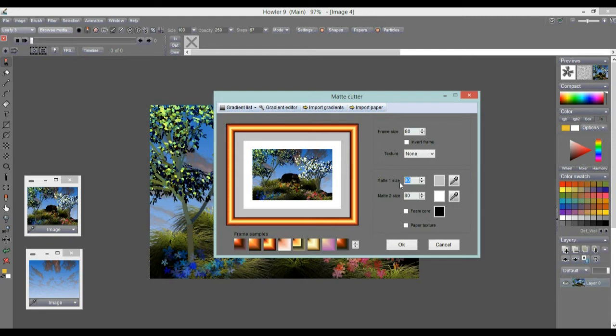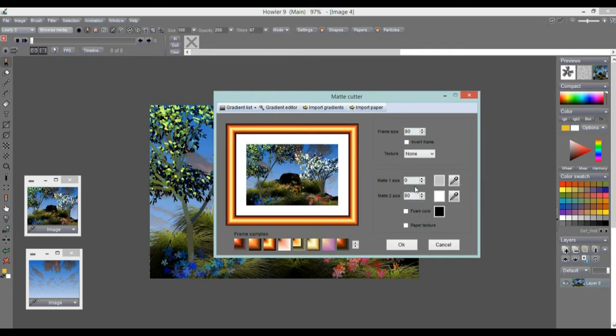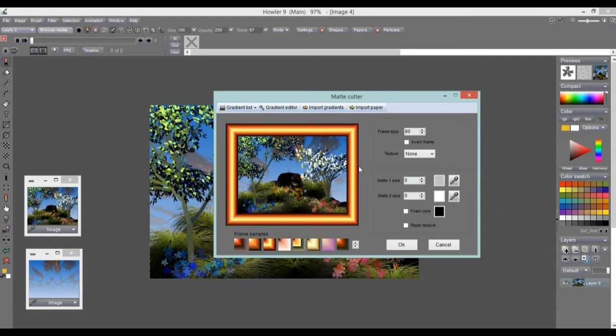If you don't want those, if you want to make it more look like it's actually a view through an open window, maybe we want to give them 0 width, right? The size, if you put that to 0, you see that's gone, the gray one's gone. Now let's do the other one 0, the white one is gone, and we are left with just our image